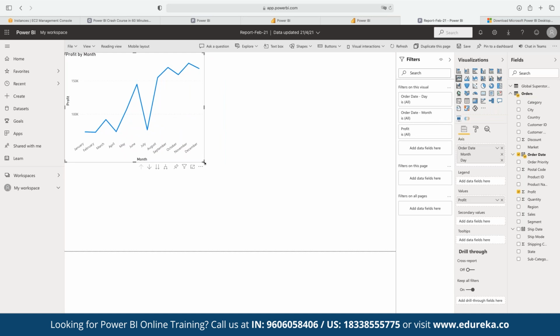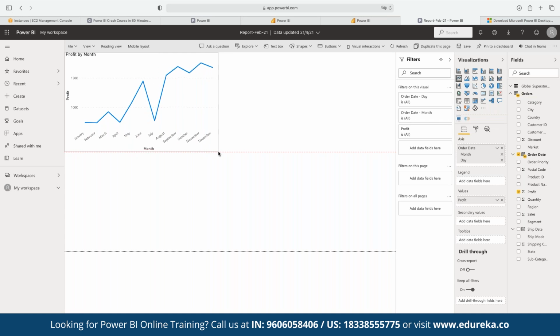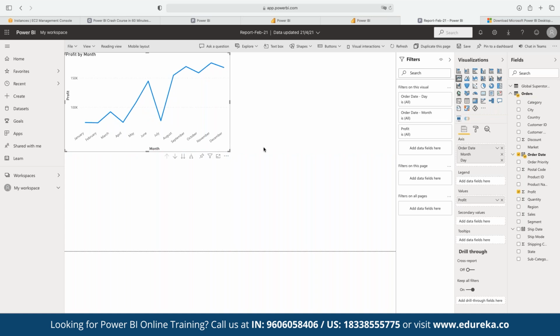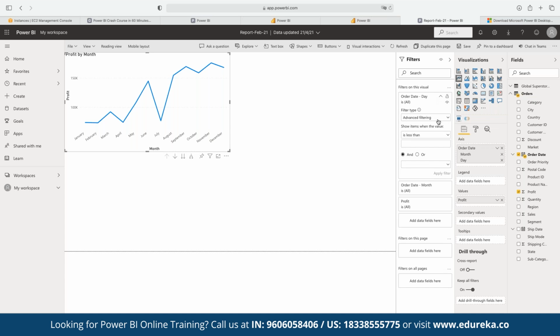Let's say we can filter. Okay, we want this graph to be defined only for, suppose this one. If you want to apply filters, here we can see we have filters for order date. If you want to apply the filter for this particular year, we want to have the data set where we can define it should be in a given year,